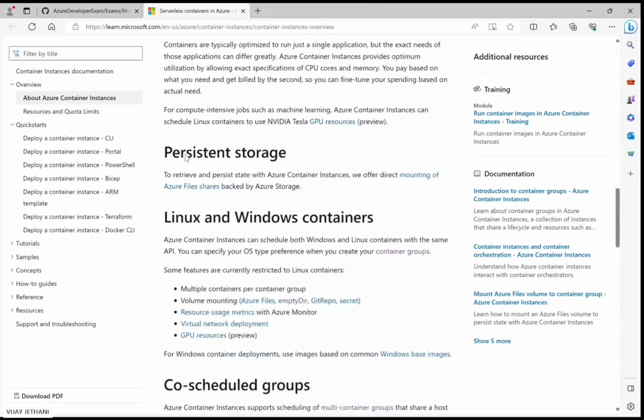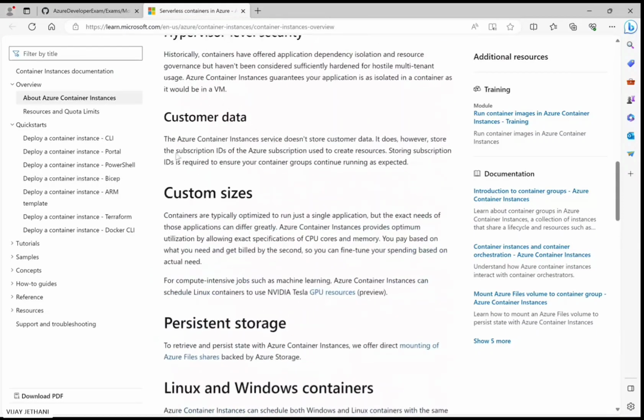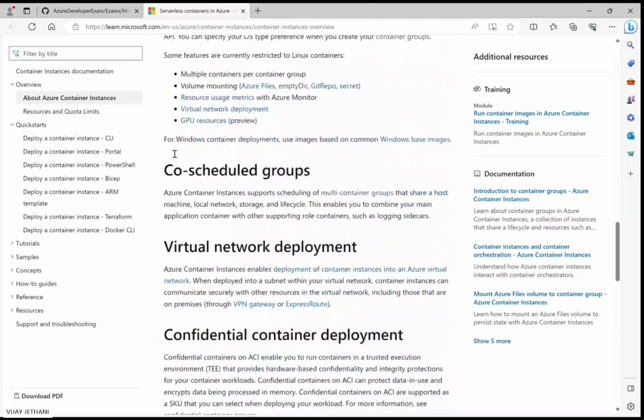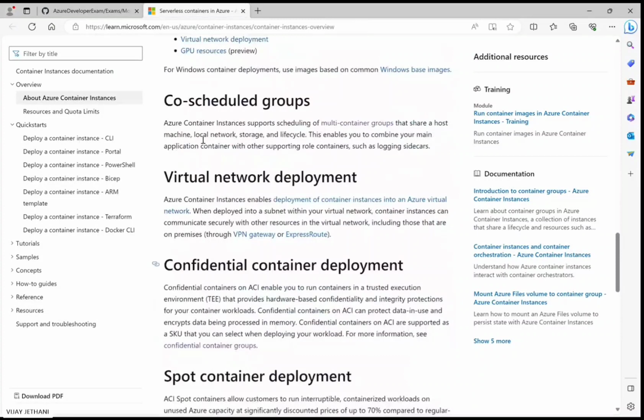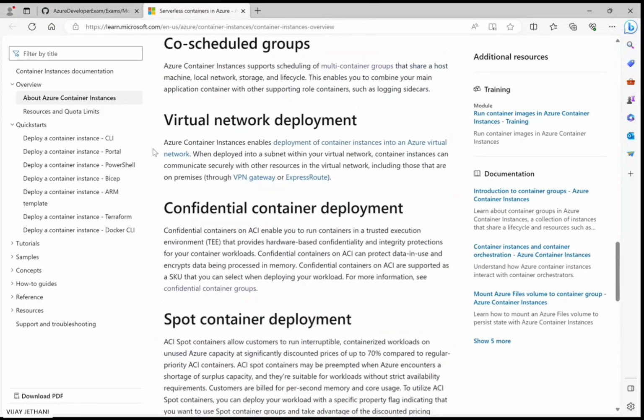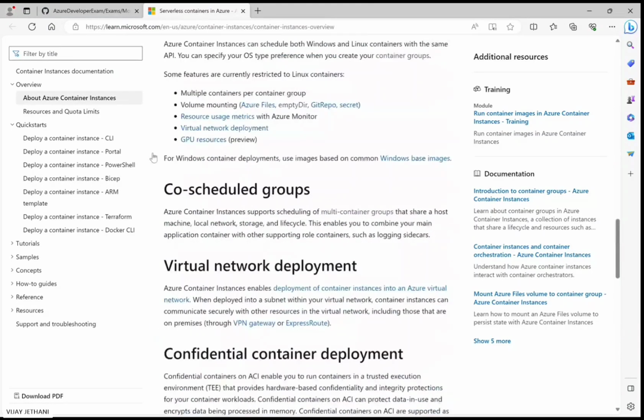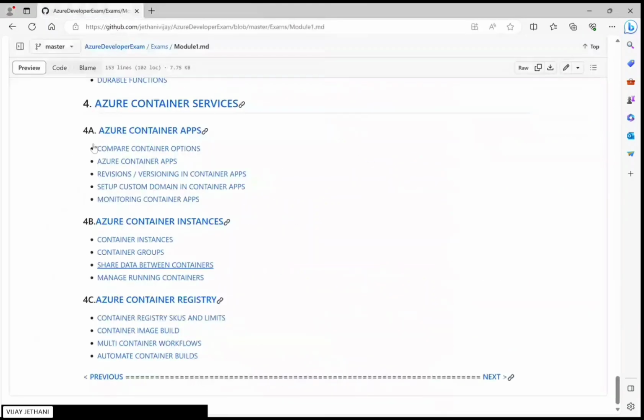Now there are also security-level things apart from this, but I would suggest you walk through them if you have time. I think there is something called confidential container deployment, which you can go through. Similarly, if you want to save some cost on dev, you can also have the spot container deployment. You just have to check mark it while you configure those particular services. Okay, now